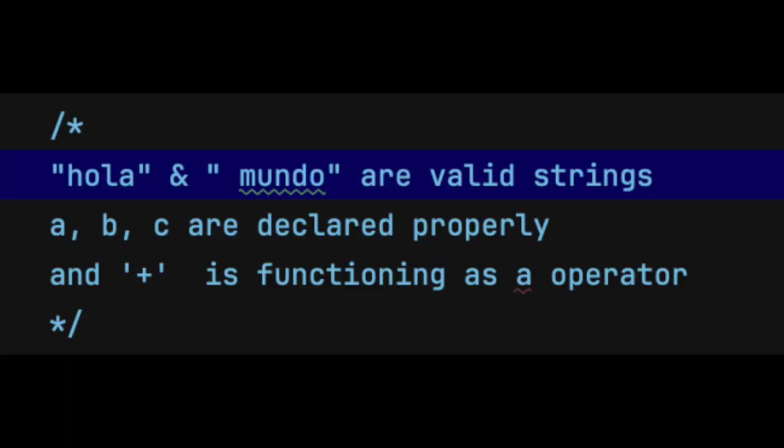and we start with type checking. We check that hola and mundo are valid strings and that the IDs or variables A, B, and C are of type string. Later, we do an operator resolution, which verifies that the plus sign is a valid operator for strings, which in Java is a valid operator for concatenation of strings. Finally, we do a scope resolution, which ensures that the variables that are concatenated, A and B, have been properly